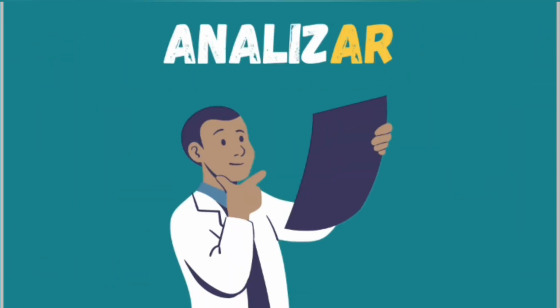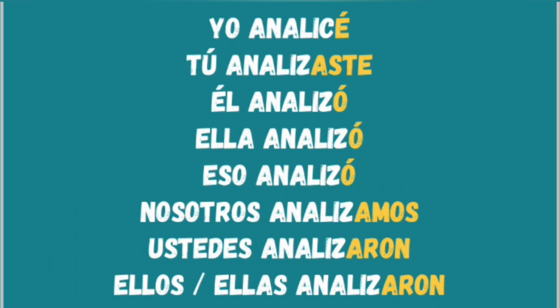We have this verb to analyze, okay? To analyze in Spanish means analizar. Analizar. So let's see how we have to conjugate this in the indefinite past. It's an irregular verb, okay? So remember, as I told you, check the beginning of this word, the root word of this verb. We have the personal pronoun I, which means yo, and then we have the root word analiz.